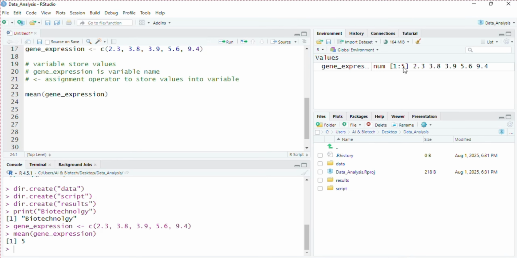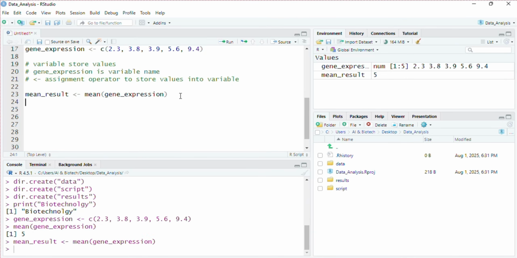So I run this line of command, and in the console I have an output with a mean value of 5. But this time I don't have anything in the environment section. But if I assign a variable, mean result, by using this assignment operator, and again run this line of code, this time I don't have any output in the console but I have output in the environment section.